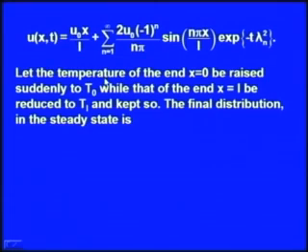Now, let us raise the temperature of the end x equal to 0 suddenly to T0, while the temperature of the end x equal to L is reduced to T1 and kept so throughout. Then, when the bar comes back to the steady state, the final distribution of temperature will be given by u equal to T0 plus (T1 minus T0) over L into x,